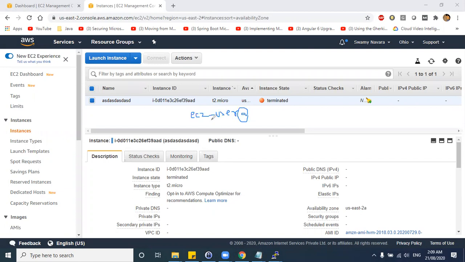Now, if you want to add a new user to the existing EC2 machine, a user like Harish, how are you going to add a key pair inside the EC2 machine and log in with this new user? That's what we are going to look into in this session.